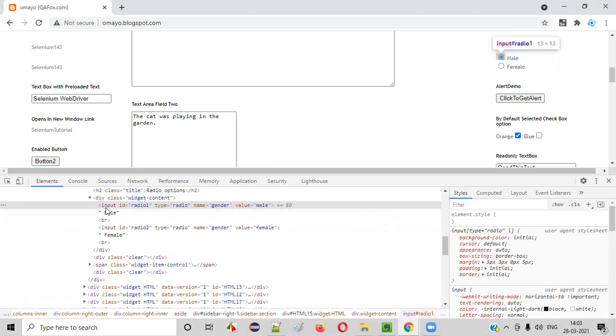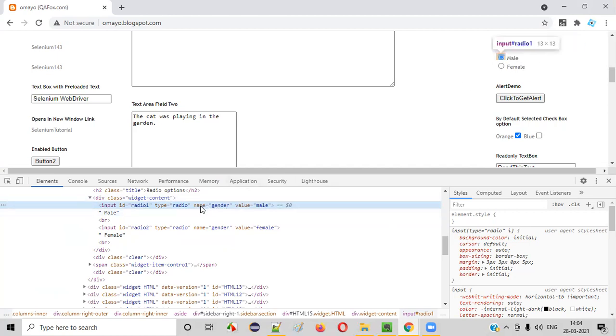It is an input type UI element, and he gave ID to uniquely identify this radio button, and he gave the type attribute to mention the type of this input field. Is it a text box field or a button or a radio button or something like that? He wanted it to be a radio button, so he gave type is equal to radio. That's fine. And he gave something known as name is equal to gender. I'll explain what name is equal to gender means now.